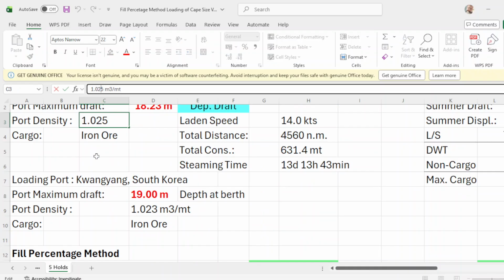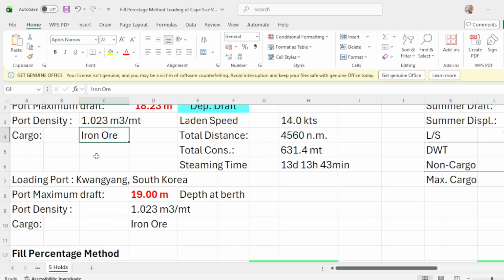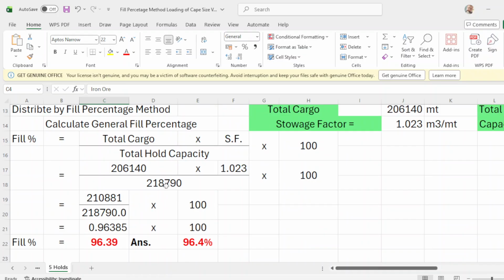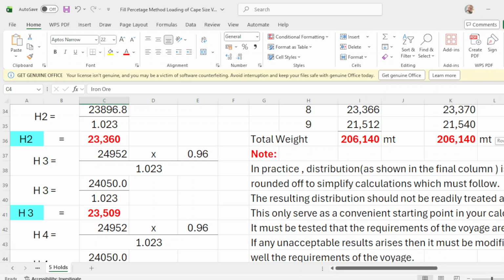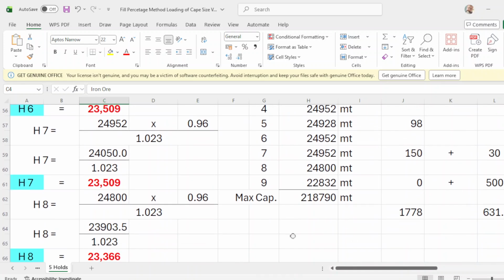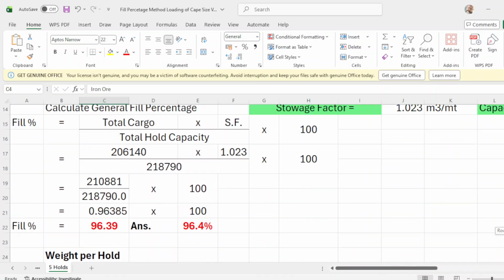Okay, 1.023, that is the storage factor of your cargo. So the total cargo to load is 206,140 times your storage factor of 1.023 over your total hold capacity, which is 218,790, which is this one. Okay.